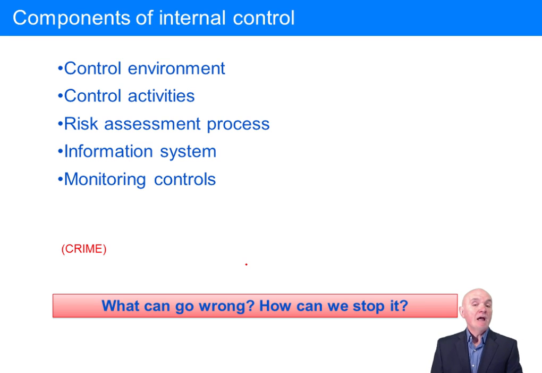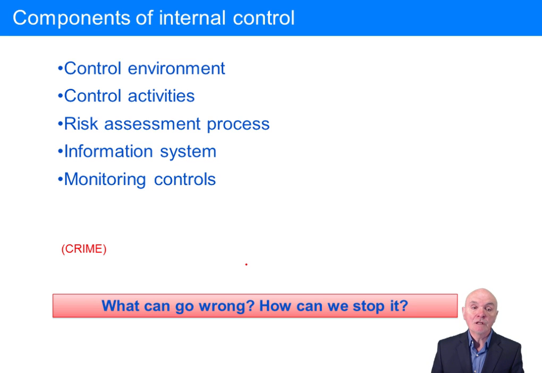Information system. A good example of an information system would be producing aged receivables analyses. An aged receivable analysis saying these invoices are 30 days old, these are 30 to 60, these are 60 to 90, these are over 90 and so on. That's in a way nothing to do with double entry bookkeeping. This is extracting information from the receivables ledger and producing pure management information, which itself can be a very useful